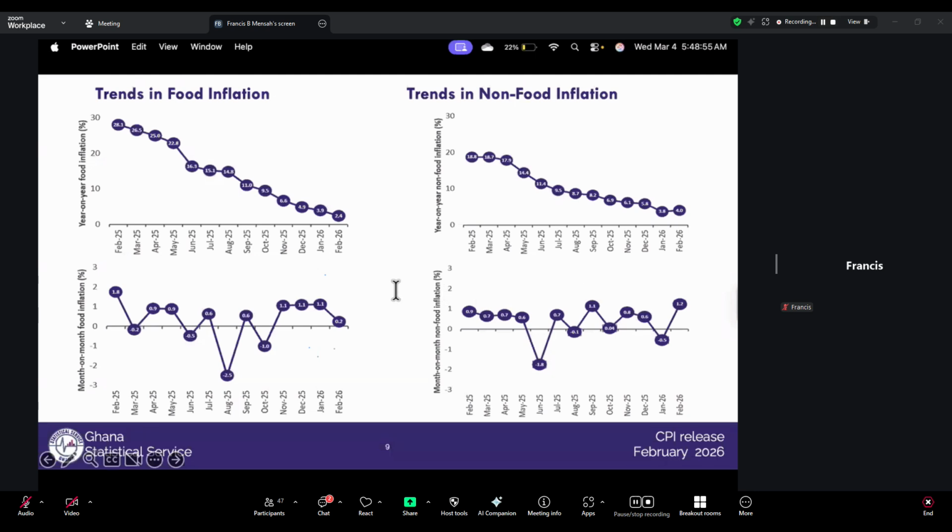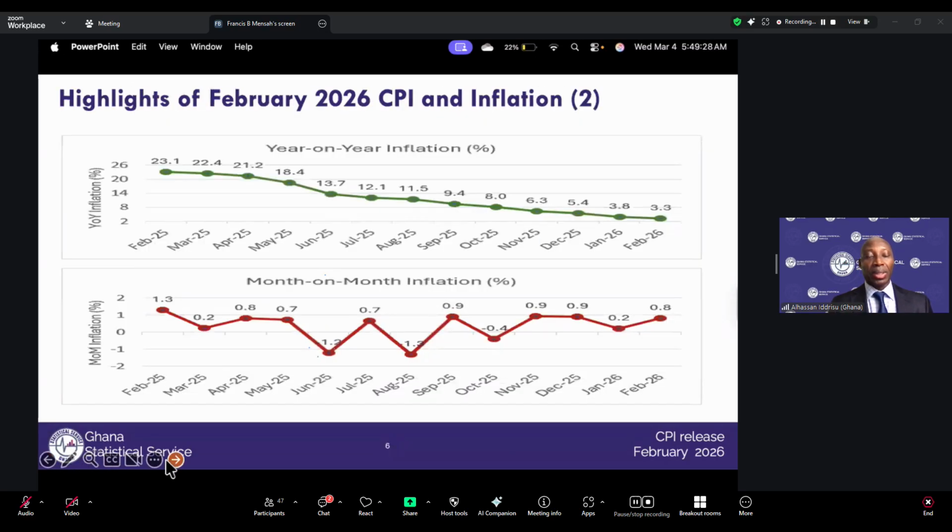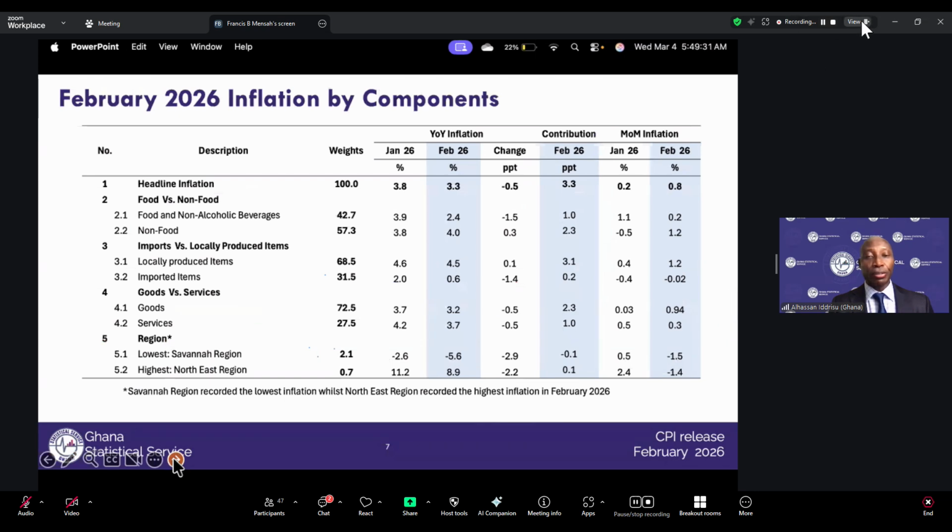Sure. So the first question was the question Echo asked with regards to food inflation and then the scope and size. So Echo, first of all, I had made a very clear point that food constitutes about 43% of the inflation basket. If you liken the items in the basket to 100%, 43% of it is food. So when there are changes in food, it impacts inflation very much.